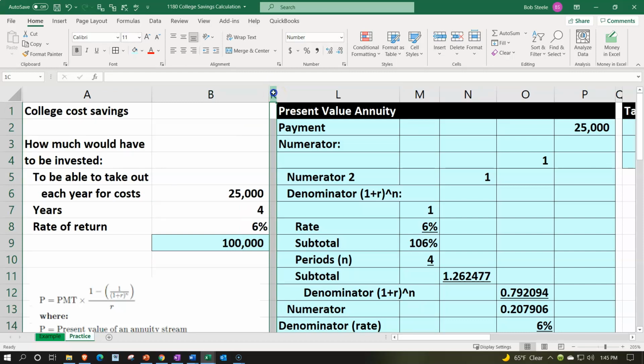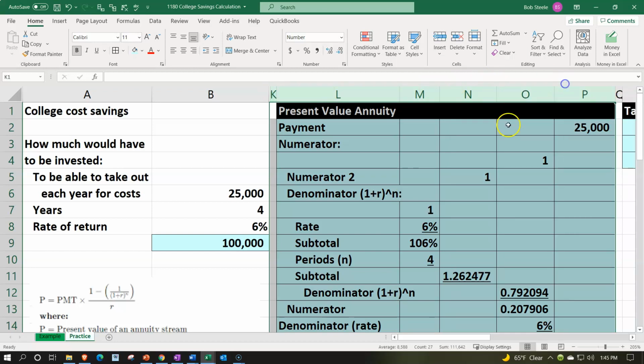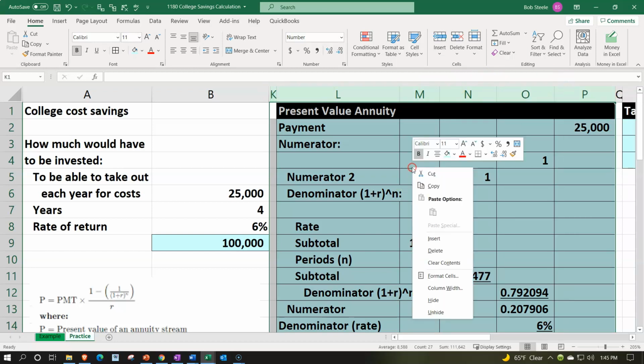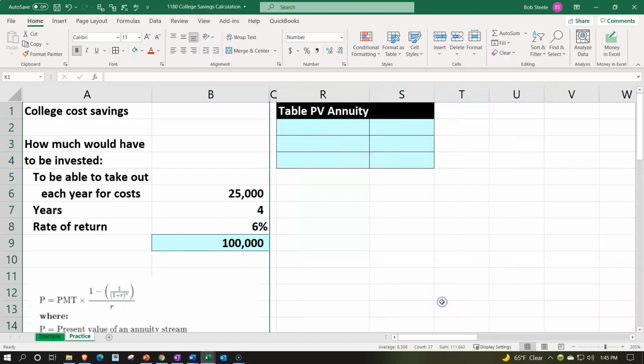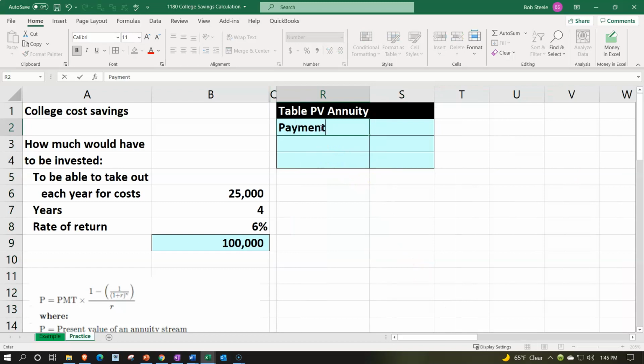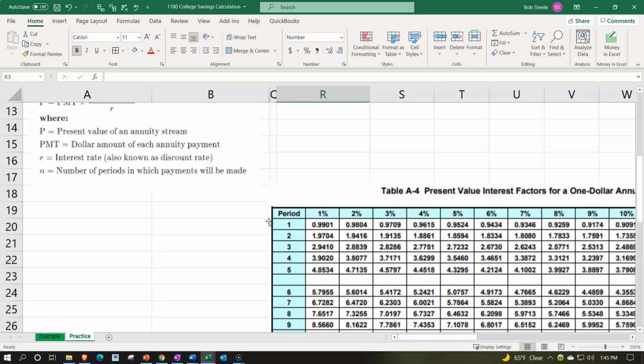Put our cursor on column K, dragging over to column P, let go, right-click the selected area and hide those columns, and do it one more time with the tables. So we're going to have the payment, which is going to be equal to the 25,000. We're going to look for the tables now, 6% 4 years. So there's the 6%. 4 years is at the, and by the way, make sure you have the right table. We're looking at the present value of an annuity table here. Typically, you have 4 tables to pick from. Present value of an annuity. 6%, 4 years,